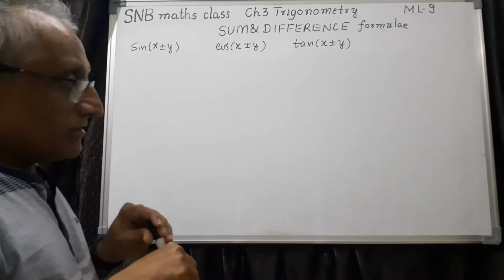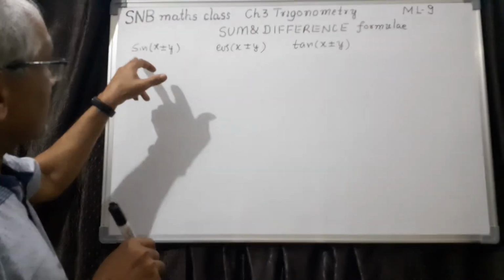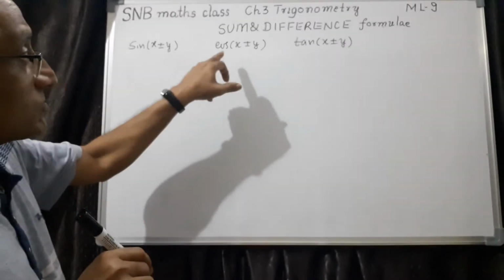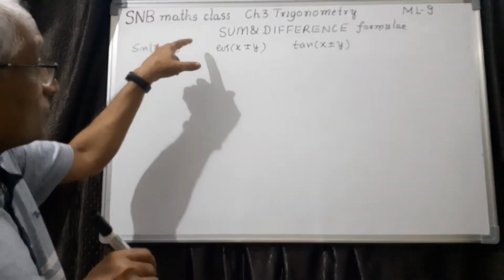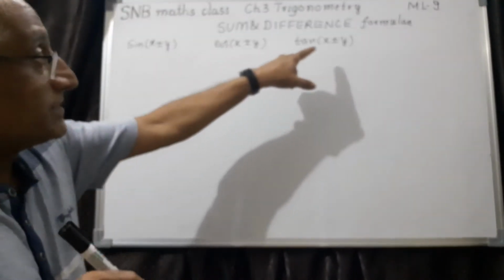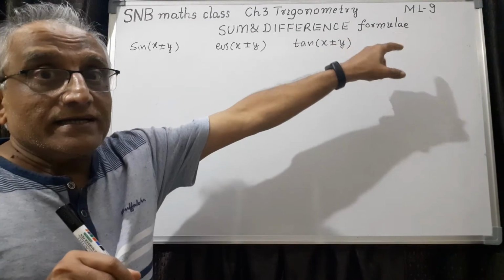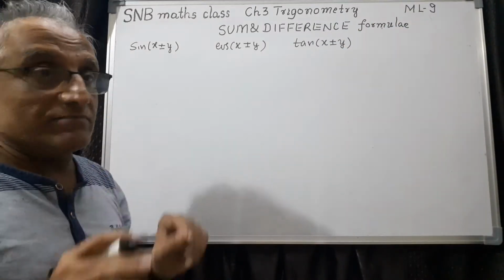And I also told the pattern. Here sin cos, cos sin. Here cos cos, sin sin. Here of course in terms of tan only. Here it is only one line. There is no numerator and denominator for these two, but here it is containing numerator and denominator. So these are the structures you have to remember.